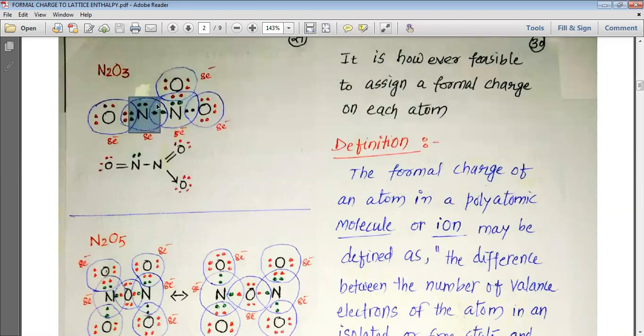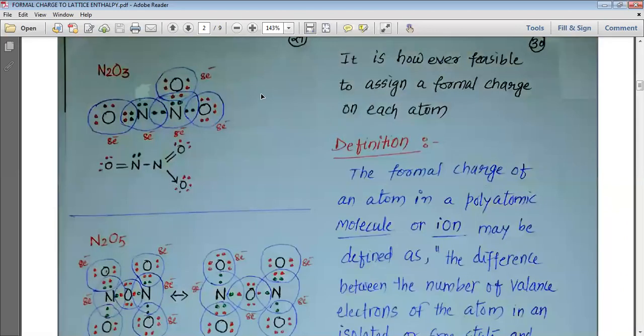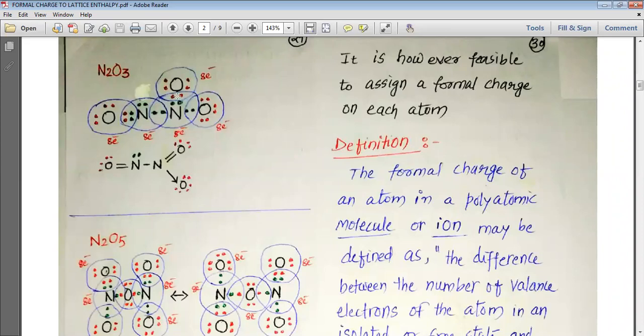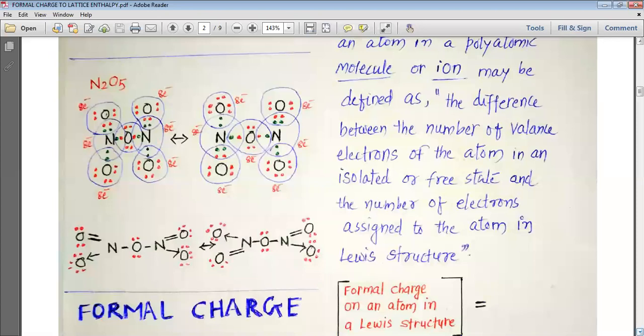These are the 5 electrons of this nitrogen. These are the 5 electrons of this nitrogen. You can easily understand. 1, 2, 3, 4, 5, 1, 2, 3, 4, 5, and then all the oxygens share electrons equal to the electrons shared by nitrogen. Nitrogen makes a double bond here, and here also nitrogen makes a double bond. You can easily see the double bond formed here and here by both the nitrogens. But this bond is the one where nitrogen gives its electrons for making the bond, and this is how we can understand N2O3. We can also understand N2O5.